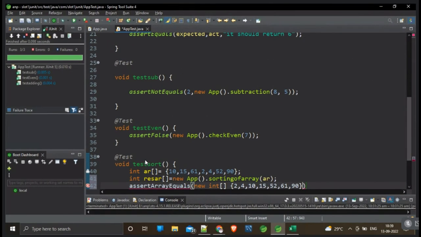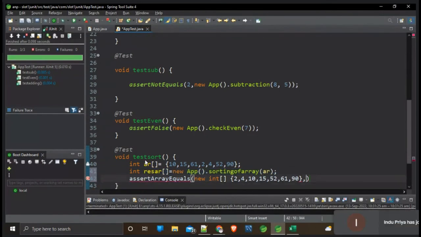Okay, this is the expected array, right? This is the expected array. Now we have to check whether the expected array is equal to the actual array or not. So we have an actual array here, we have an actual array here. Okay, so here we have to pass the array,